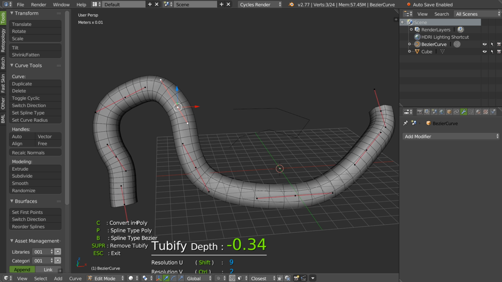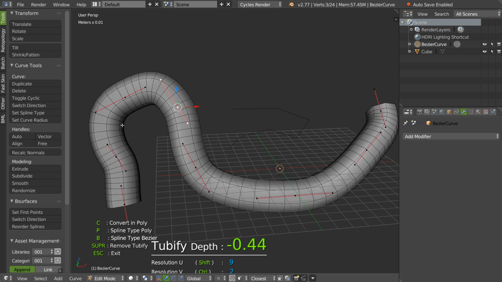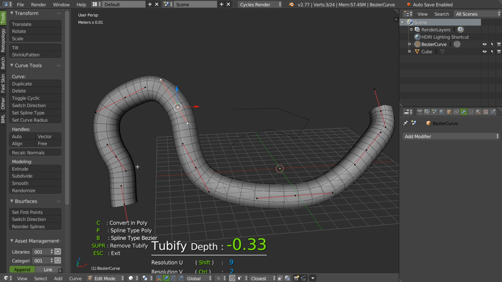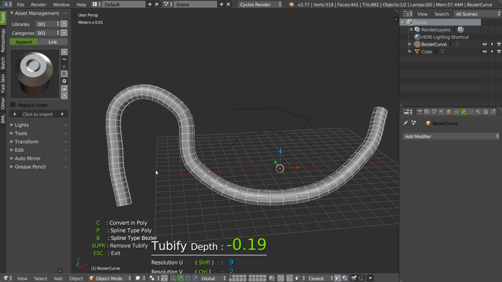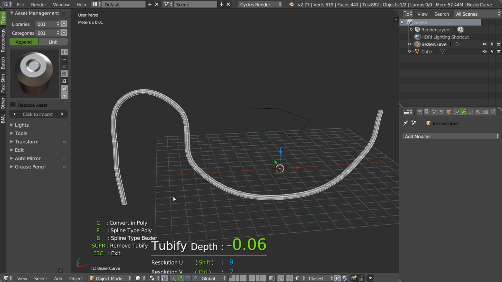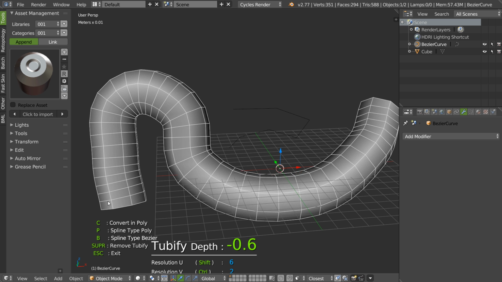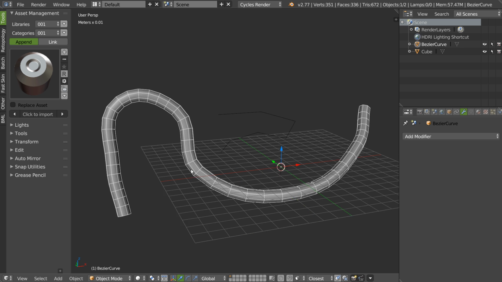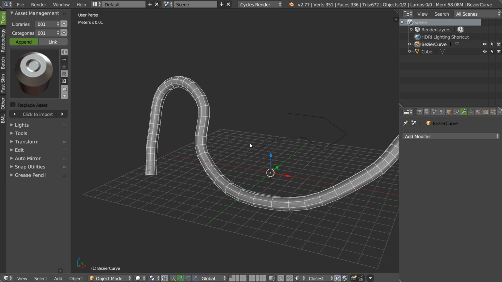You can convert in poly. You can change the selection spline type in poly or Bezier, as you can see. You can convert in poly, and if I convert in poly, for example, I will select this, I will add this subdivision, and I will click on C. And as you can see, I'm in polygon now.